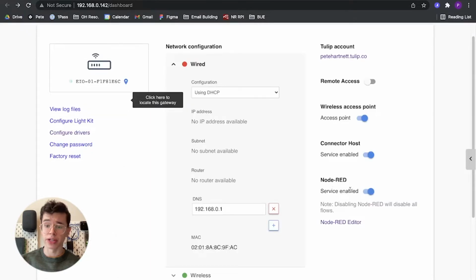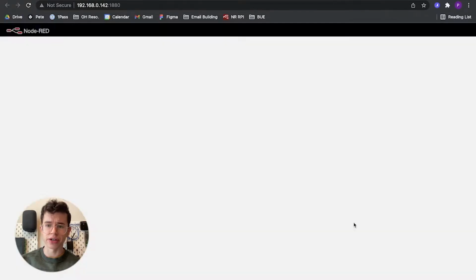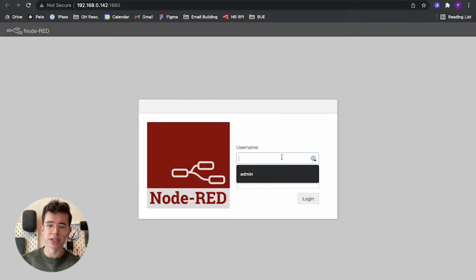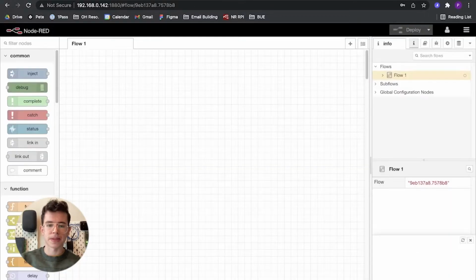We come back to our device dashboard. So now that Node-RED is enabled, if we click on Node-RED editor, we can actually hop into Node-RED. It's going to ask for the password for Node-RED. The username is always going to be admin, and the password is going to be that device password we just set up. So now that we're logged into Node-RED, what it'll look like the first time you start Node-RED on a new